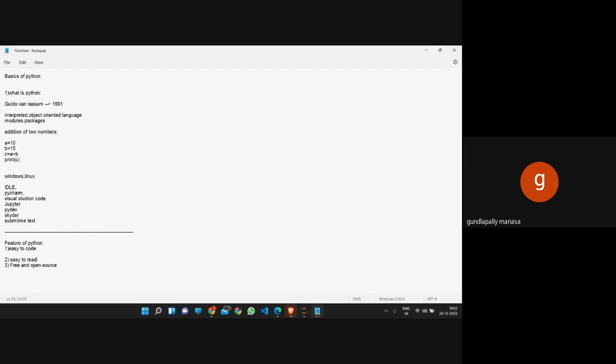So it will run on any one of the operating systems. So Python is easy to code, we can read it. Python is free, we don't have to pay for anything, and it is open source. So anybody, on any system, can use this programming language. And